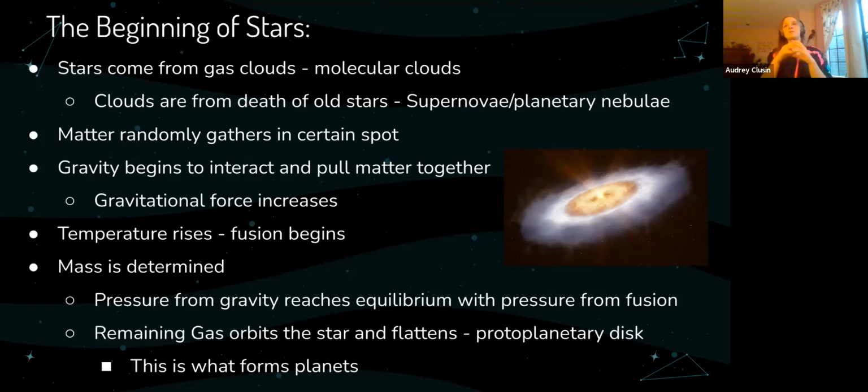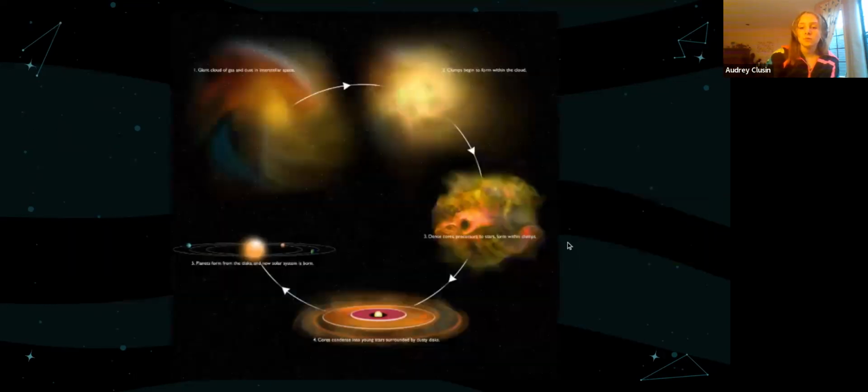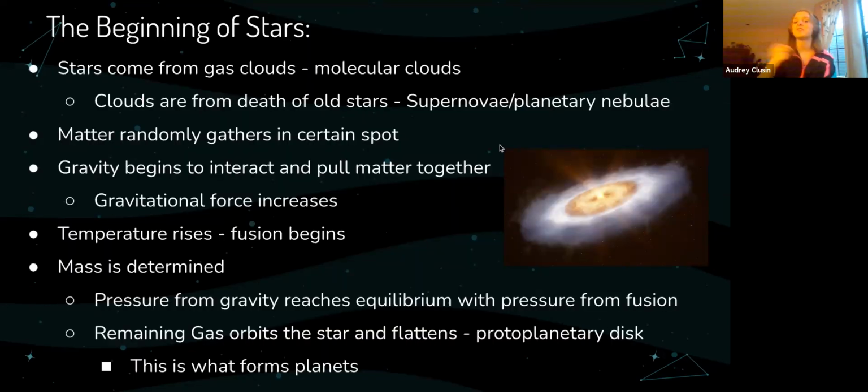So then from there, you have this giant, like I said a second ago, really big gas cloud, but there's also a kind of big, getting even bigger by the minute, gas cloud in the center that has a bunch of gravitational force. So it's going to start pulling all the particles all around it in towards it, and they're going to start going into orbit around it, as you can see here. So for various reasons I'm not really going to talk about, all the particles near that one little thing in the center are going to start orbiting around it in a disk shape, kind of. As you can see right here,